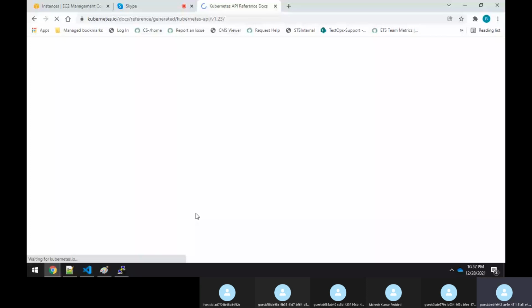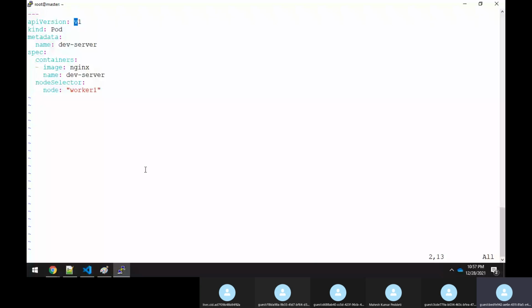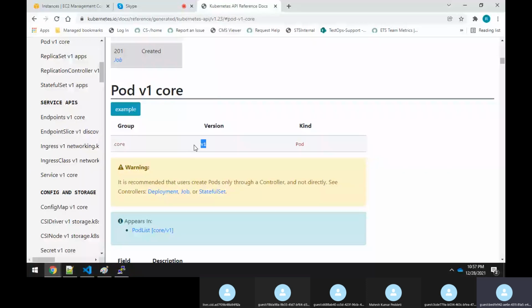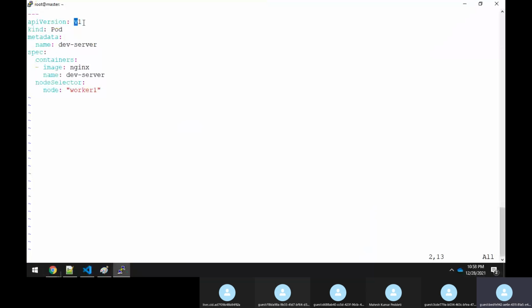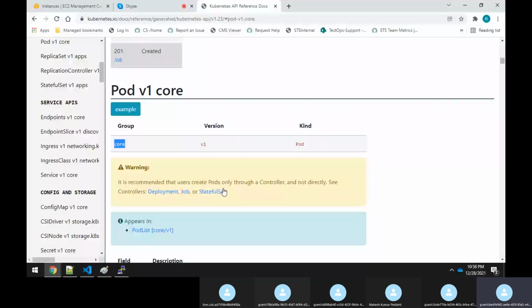Okay. Same thing. Here, fine, okay. API version, okay. API version is nothing but V1, fine. I use the same. As I said earlier, we can even use core/V1, but since this is not required, because we know V1 will always fall under the core group, you can ignore the core and just mention V1. Okay. Now after API version, kind is what? It is a pod type.